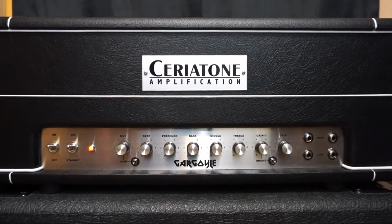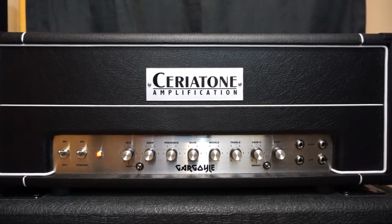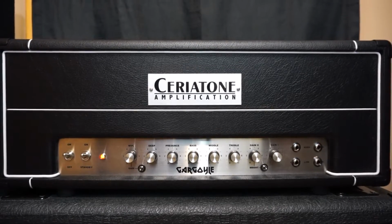Generally speaking, mid-gain and high-gain tube amplifiers of the British flavor tend to cooperate a little more when it comes to those classic crunch tones and even rock tones, whether you're plugging straight through the amp or using a mild clean boost. And even if you're going for full bore metal sounds, you know, just throw a 20 decibel clean boost, cut a little bit of the low end, boost the mids to taste, and it's probably going to work